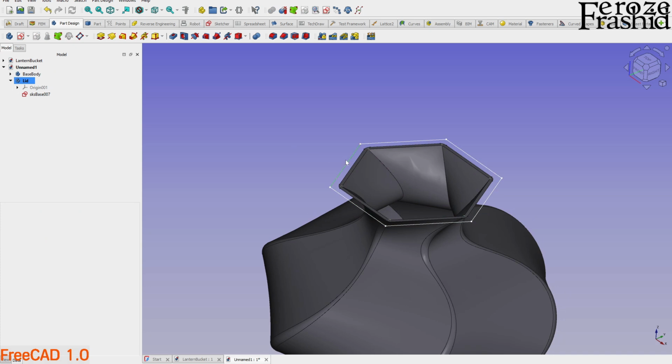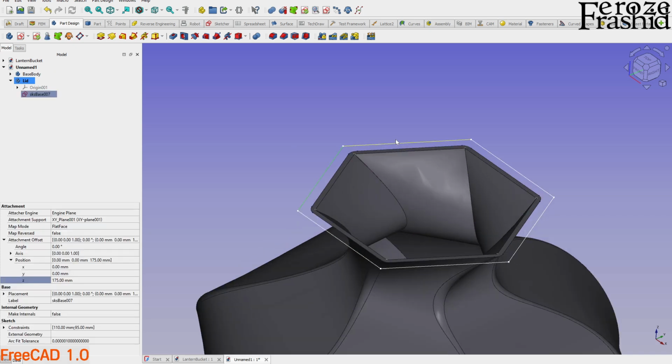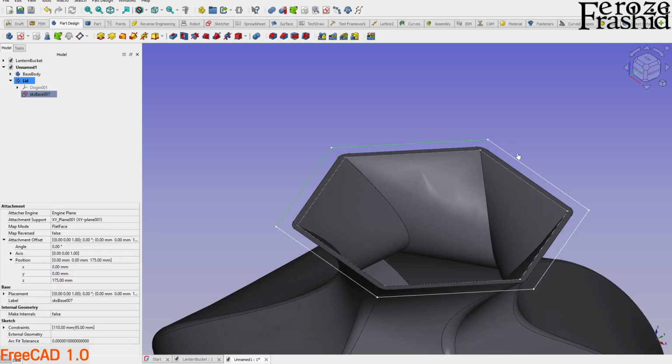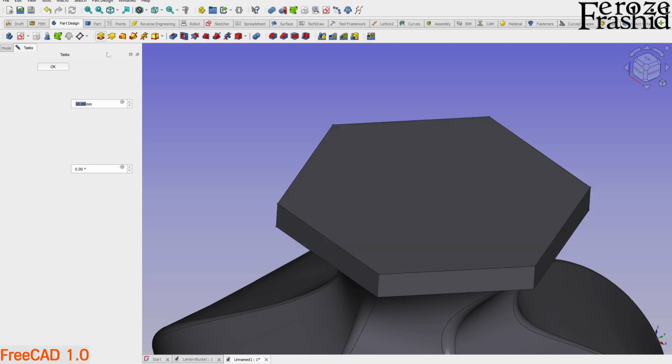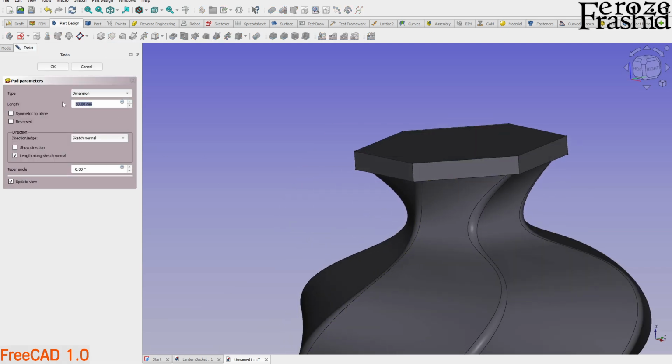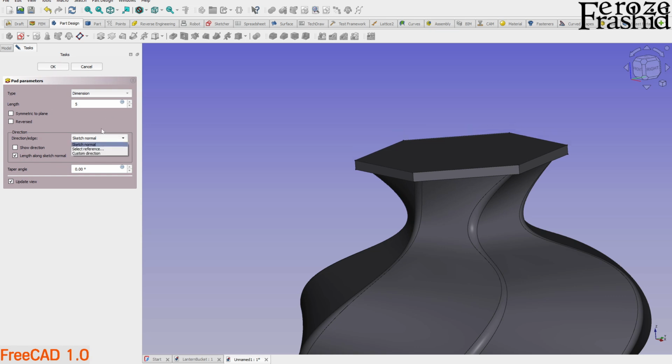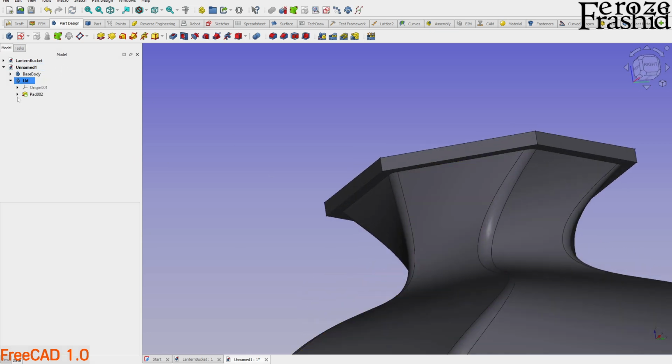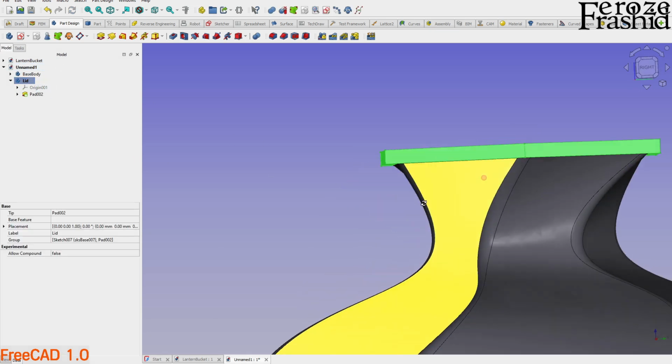And now I want to select outside edges, and pad it up by, I'm going to say 5 millimeter is good enough. Yes, 5 millimeter. So we have the lid there, a little wide,